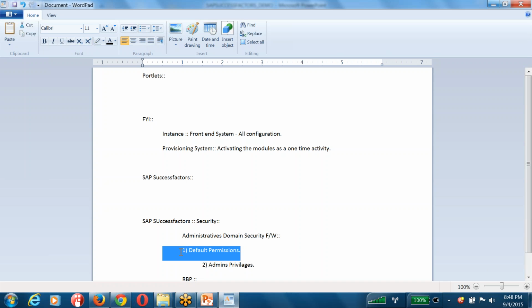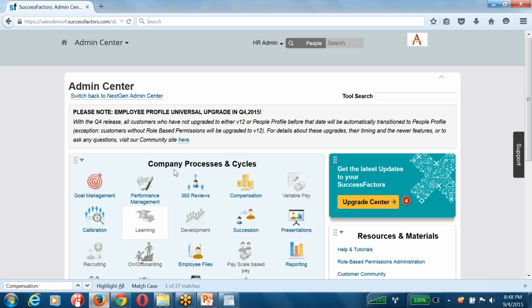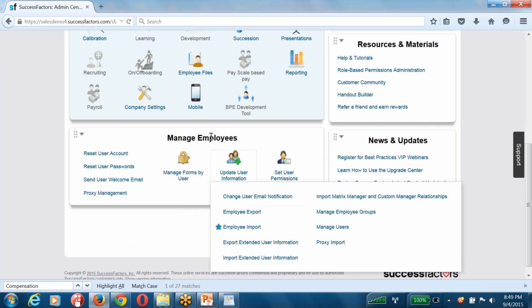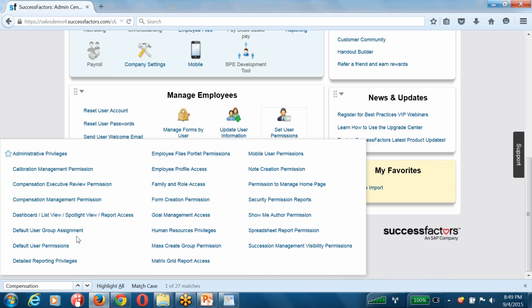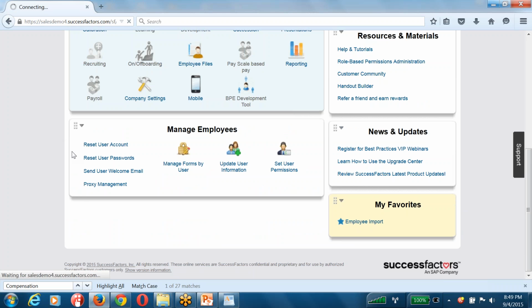And on top of that, your consultant needs some admin privileges to configure the different modules, right? And those admin privileges you are going to configure using these admin privileges, guys. Let me show you how this works. Okay, you are in the admin tools, right? Your default permissions of your organization are going to be configured under the Manage Employees portlet, Set User Permissions, and here you can see Default User Permissions. Click on this Default User Permissions, guys,